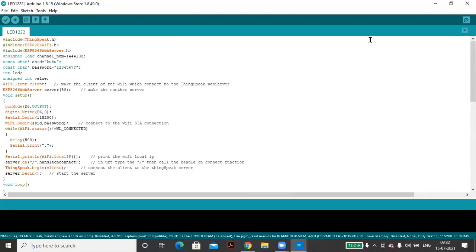Now you just have to upload this to the board. You can see the board is connected. If I show you what is happening, it is going to be uploaded.